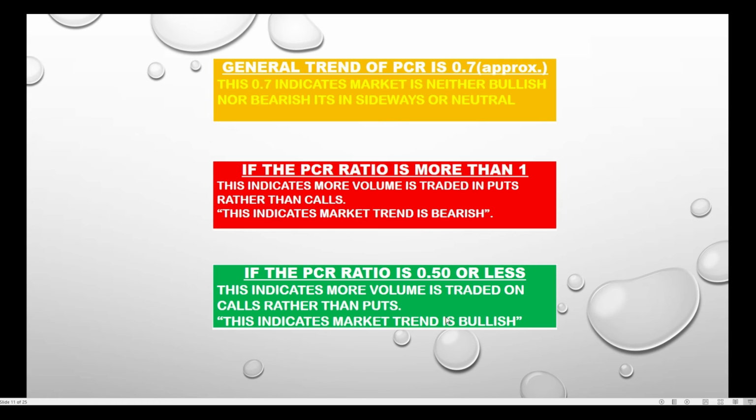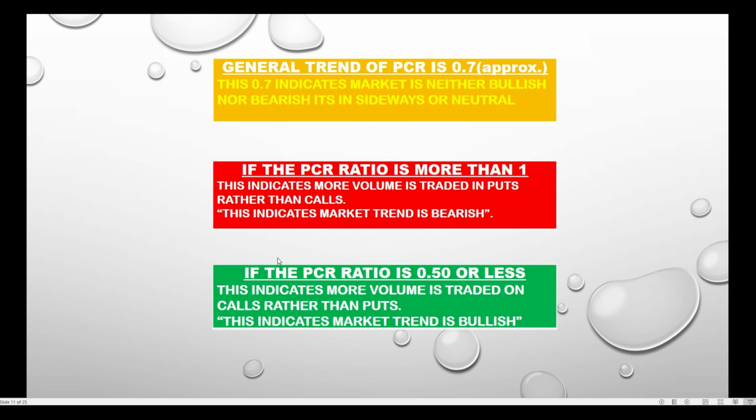Then we calculated the live PCR data of the Nifty and Bank Nifty. We got 0.94 for the Nifty and 1.06 for the Bank Nifty. How can we interpret this PCR of the Nifty? Nifty PCR is 0.94, which means if it crosses 1 or gets nearer to 1, then it is approaching the bullish side. As of now, the Nifty PCR is a bit lower because the call side volumes were a bit higher in Friday's closing session.